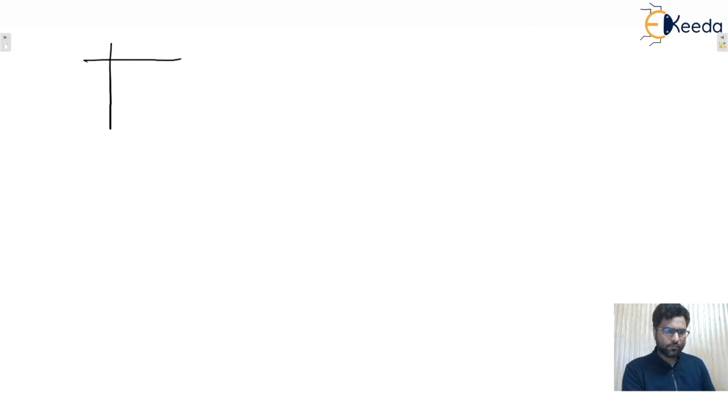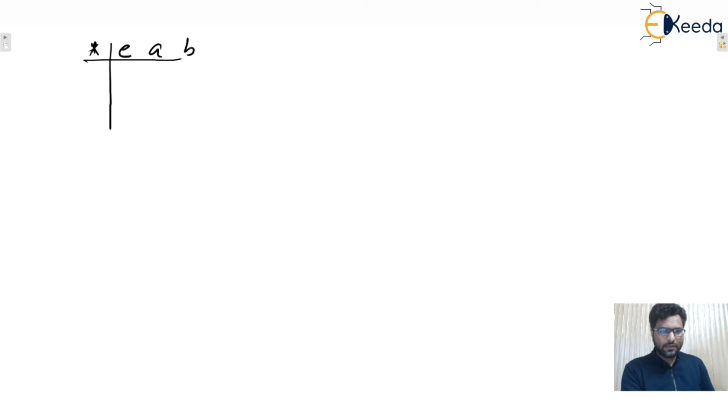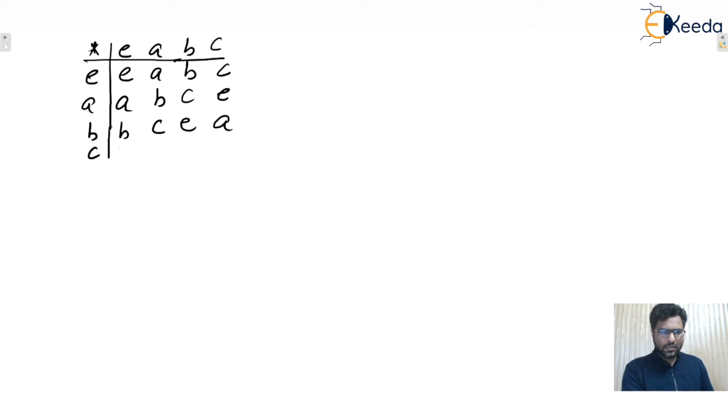Isn't it? Okay. Next one, let us consider in the next slide, that is the same group. That is E A B C. Here also E A B C. Now this is E A B C. That is A B C E. This is given, isn't it? Nothing else. I am considering one example, that is B C E A, and this one is C and E A B. Now we already found the order of element A, that is 4. Now we'll see what is the order of B.